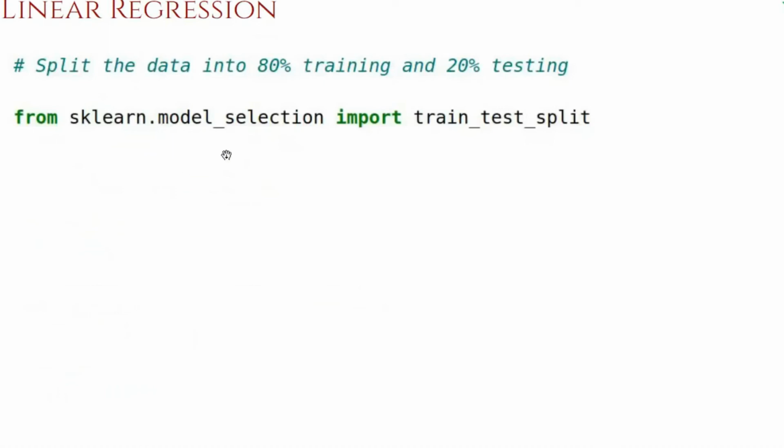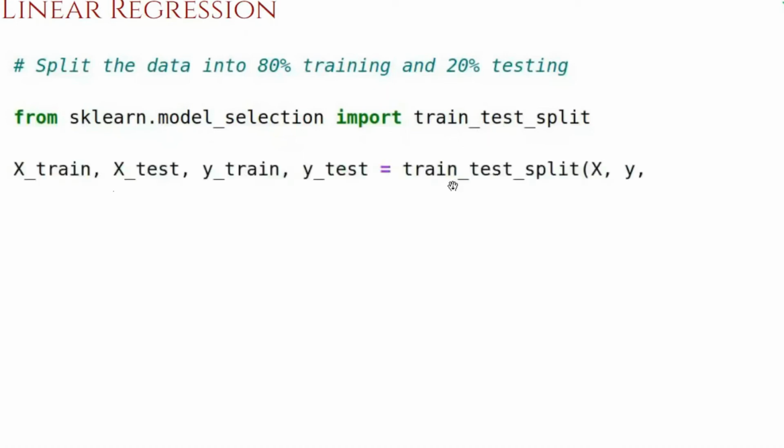How can we call this function to split our data? We just discard the left-hand side. We are calling this function, we pass our x and y, and we are asking this function to split our data x and y into 80% training and 20% testing.